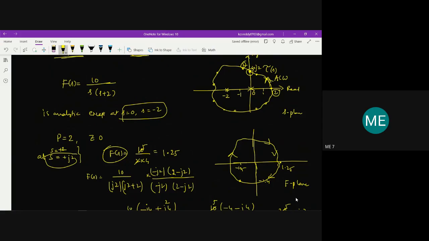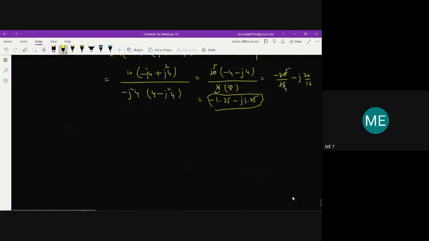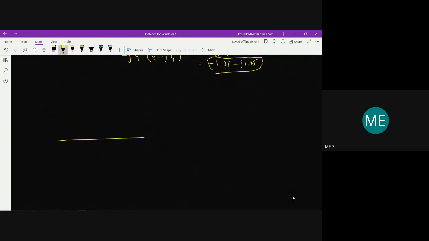So similar to this, if I draw the f of s plane, for the different values of s in the s plane, if I plot the f plane, I'll show the difference. If this is s equal to 0, and say this is going to be minus 2, wherever you take the points, if you have taken them in this direction, that is in a clockwise direction, for every point on this s plane,